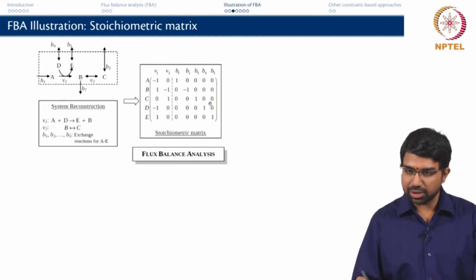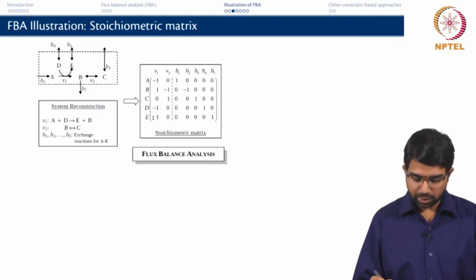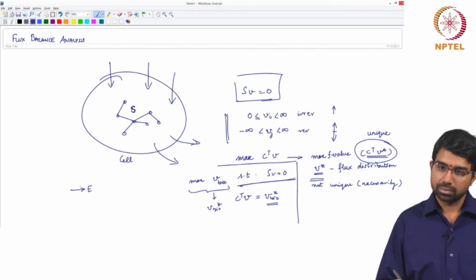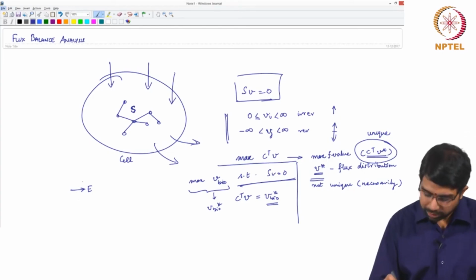What is this? It is a reaction, right? It is E on the right hand side alone. So why, if it's only one direction, is it reversible? How do you represent reversibility? No, so what I am saying is,